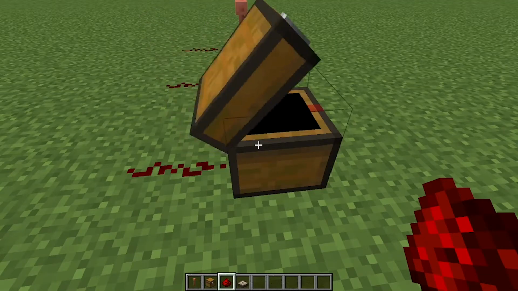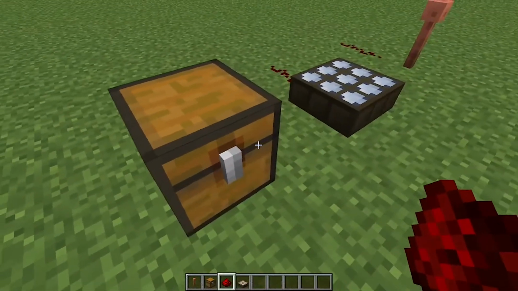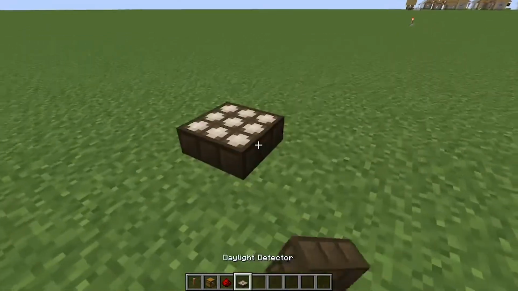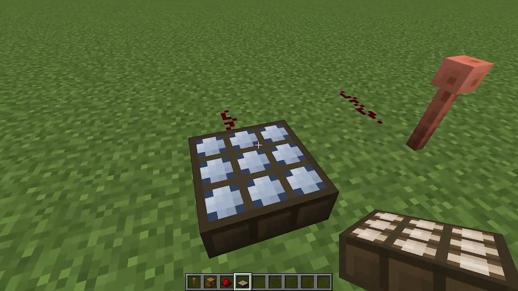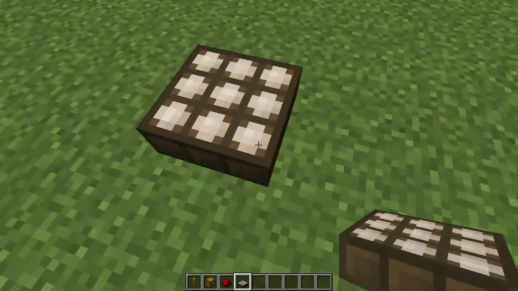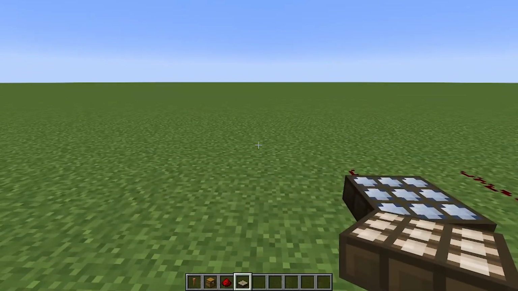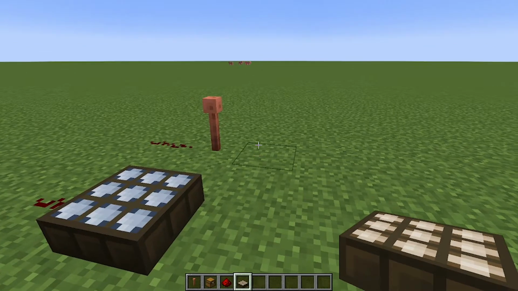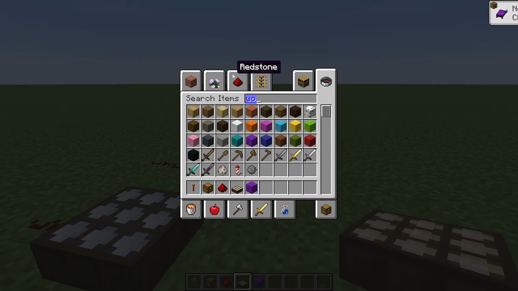Now, a trapped chest. Whenever you open it, as you can see in the corner there, it's getting powered. But that's because it's trapped, as the name implies. Now, a daylight sensor you can have for the day, or you can have it inverted for the night, which originally there was only day, so yeah, that happened. So you would have to build something called a Redstone Inverter, which people still use, but let me give you an example real quick. An inverter, well,